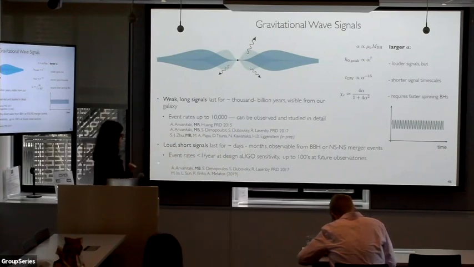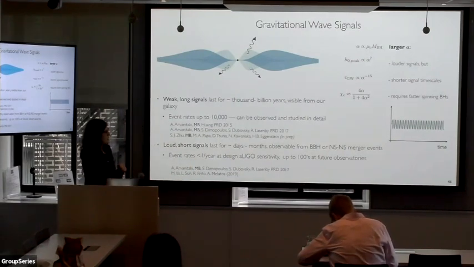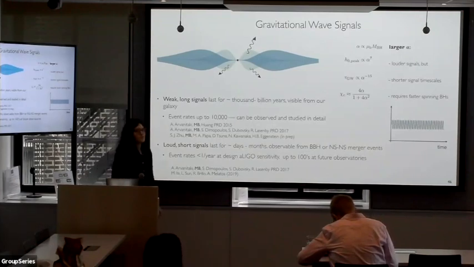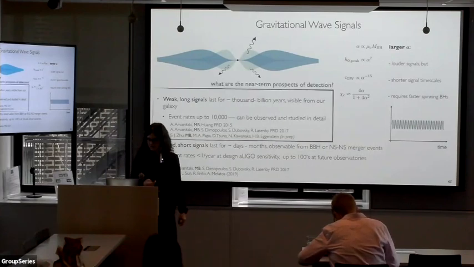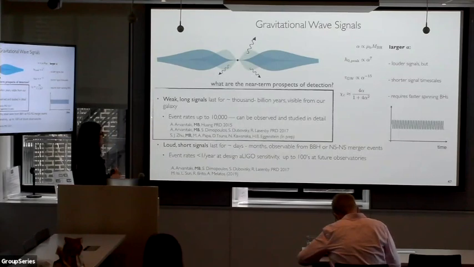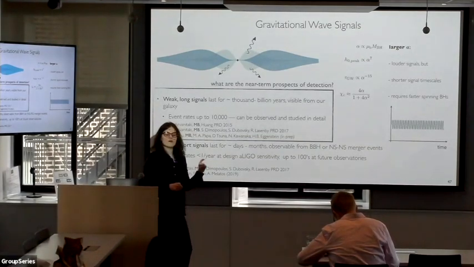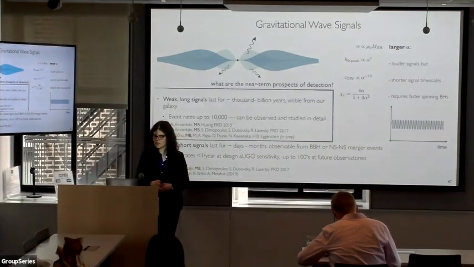And there's a group led by Max Isi who's looking at these types of signals, building pipelines for the LIGO data, and they kind of agree with our conclusions, but I think it's interesting to already start looking at these signals in the current data. So for the last few minutes, I'll focus on these signals, which are more near-term prospects, and some work I'm doing with a continuous waves group to try to detect these signals in current LIGO data.